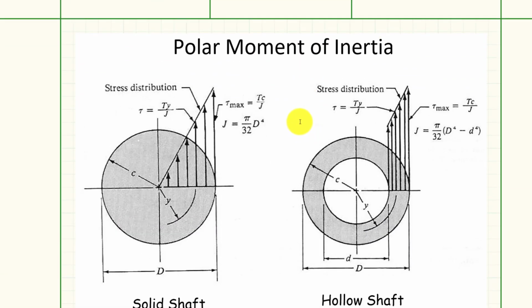Now, what is polar moment of inertia? You guys have a hollow shaft, and you're going to use this equation right here. That is going to give us the properties of this shaft in torsion, and it is going to represent our stress distribution, in which the highest stress is on the outer surface of that shaft. That's tau max, TC over J. So that's where we're going to mount our strain gauges for this activity, on the outer diameter, the furthest out on the radius,